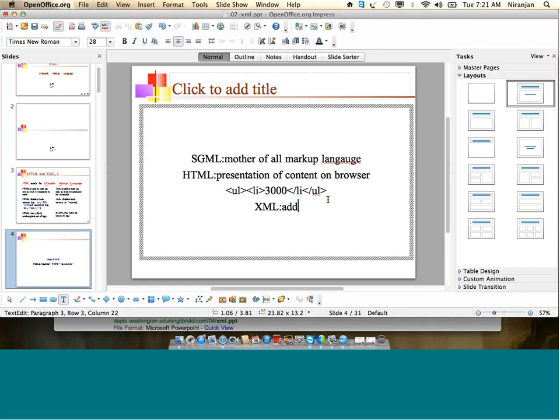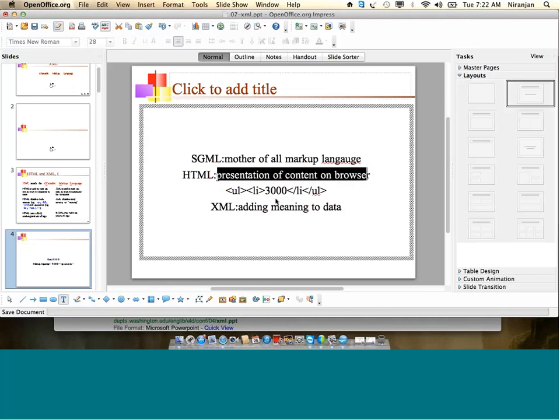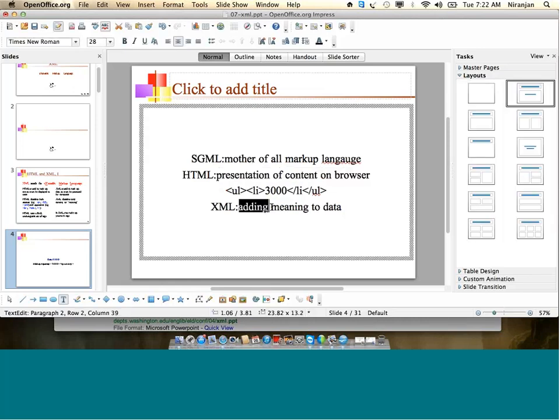In other words, this qualifies your data, it tells about data. So HTML is meant for presentation of content and XML is meant for representation of content. That content represents what? HTML is fixed, like HTML is meant for browser, but XML is not fixed. XML is meant for any system that wants to represent content, that want to add meaning to content for other